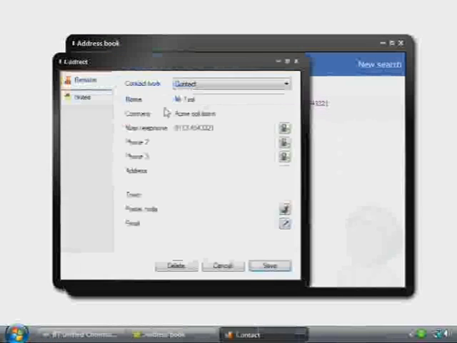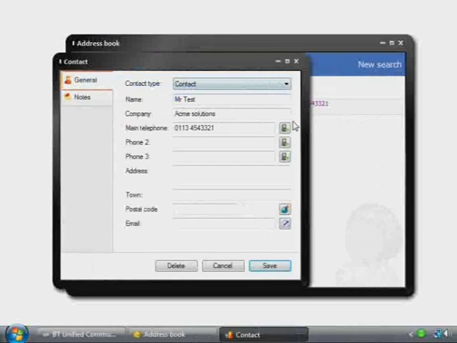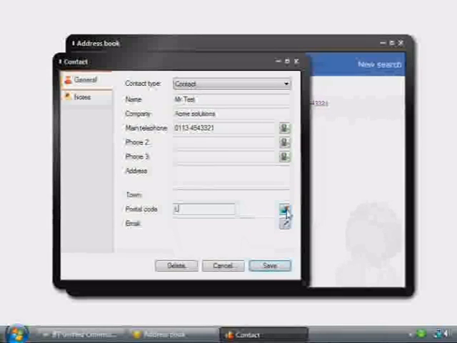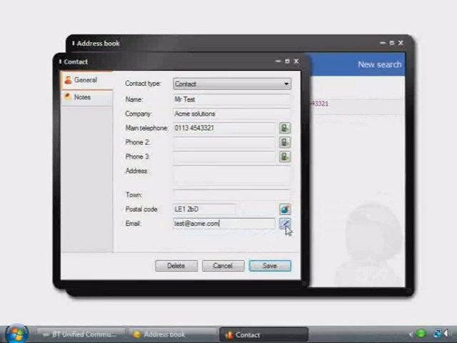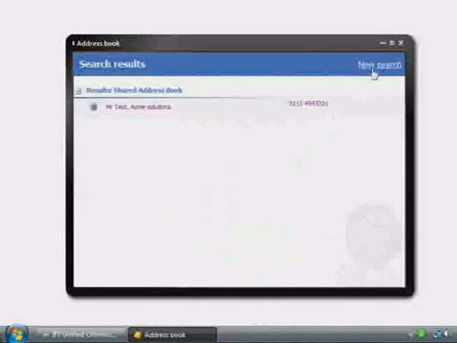We could also edit the person's details. Again, there we go. We could make a call to the person from this screen also. If we had a postcode entered for the person, then using this button here would use Yahoo Maps to search that contact. Also, if we had an email address for the person, then using this button here would generate an email to the person for you to fill in the subject and the body, etc., and then send the message. We won't do that for now. Let's cancel that. We'll just store the name and the telephone number. Let's go back to